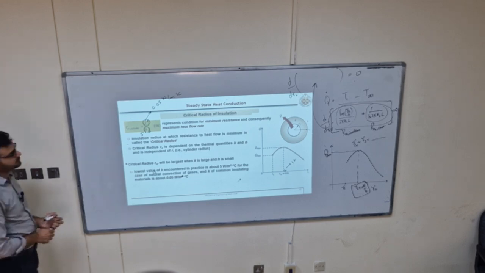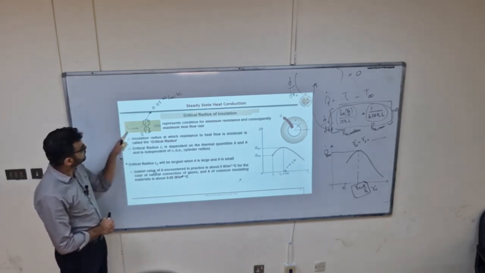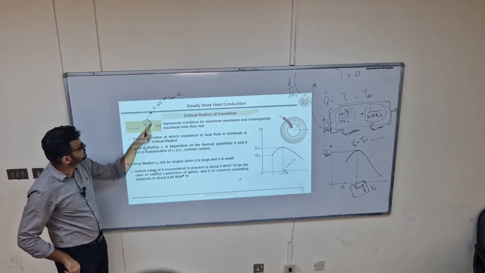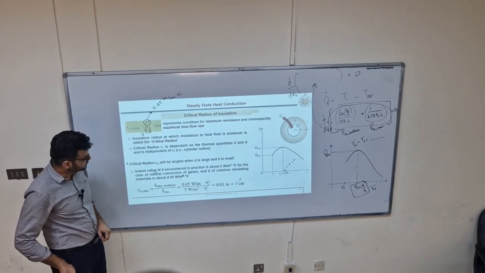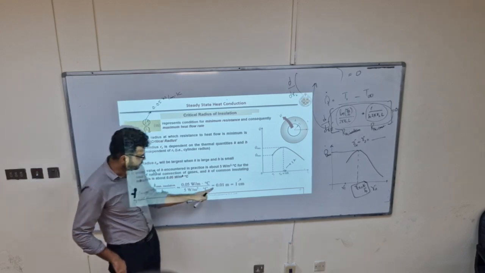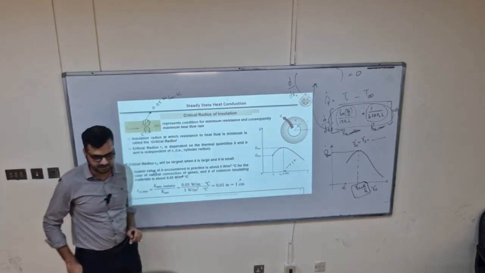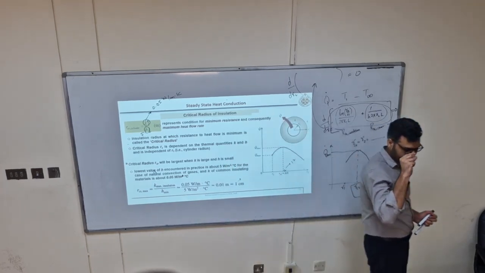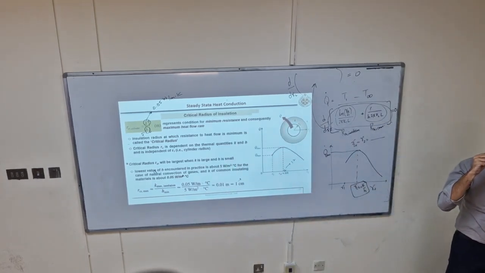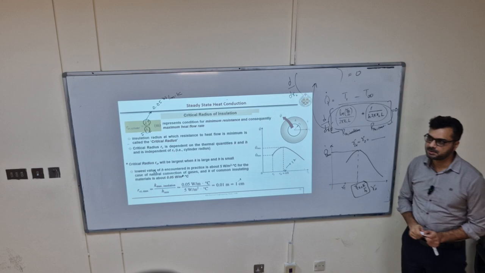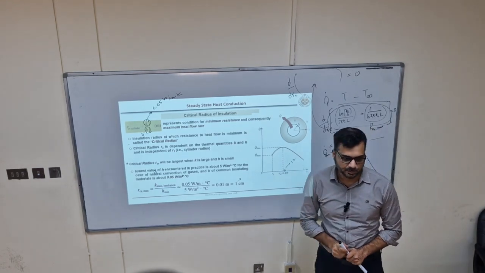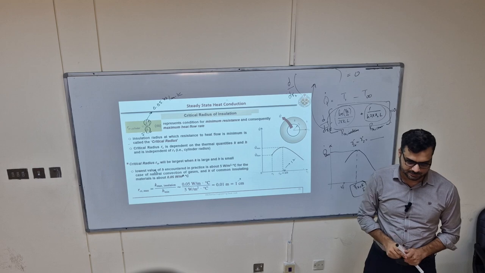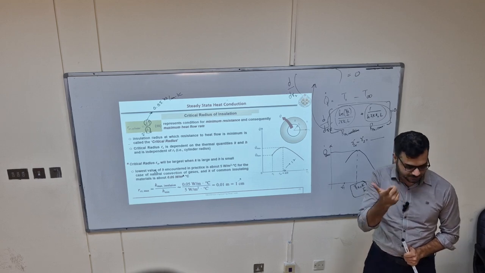Okay. Now we can find out what R critical is. It comes out to be just 0.05 divided by 5. How much is it? It is 0.01 meter or 1 centimeter. So how much is 1 centimeter? This much, right? 1 centimeter. Okay. But if you are using a pipe of 2 centimeter inner radius,